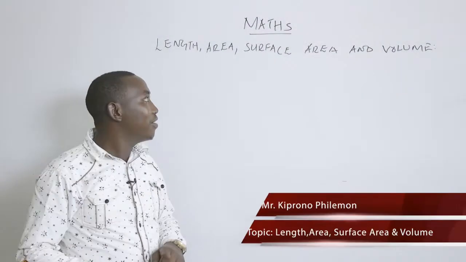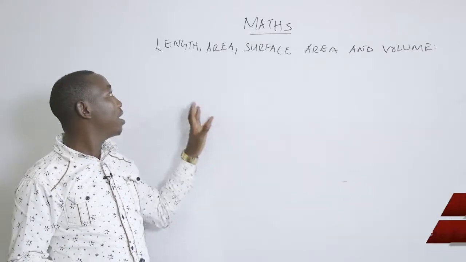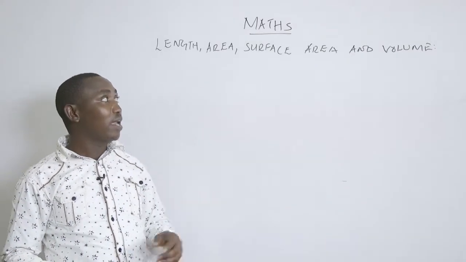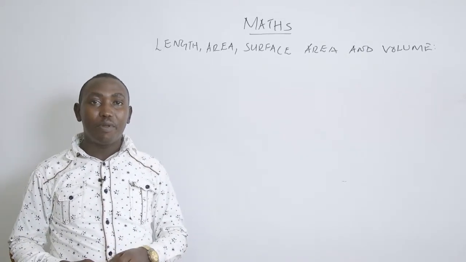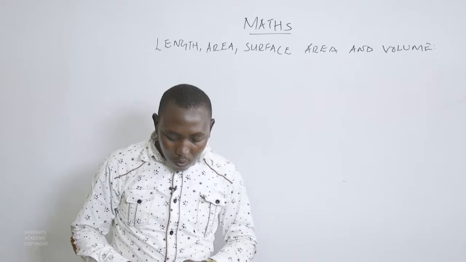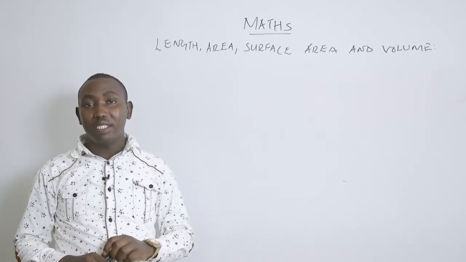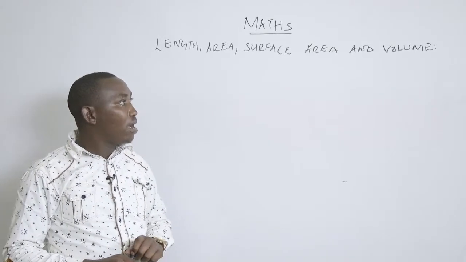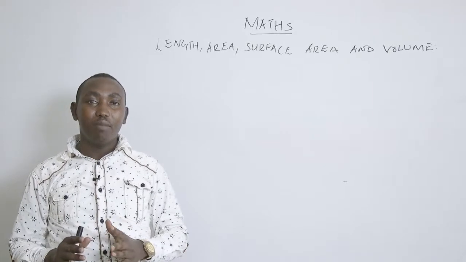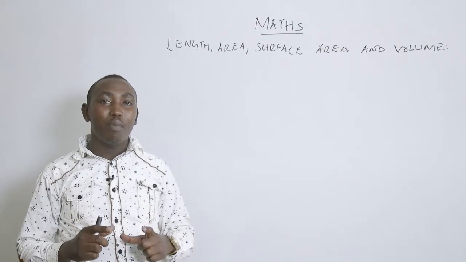Hello and welcome again to our mathematics lesson. We are continuing to look at this topic: length, area, surface area, and volume. In our previous lesson, we were able to look at the surface area of prisms and pyramids, where we said if you're given a prism or a pyramid, you need first to deduce and come up with